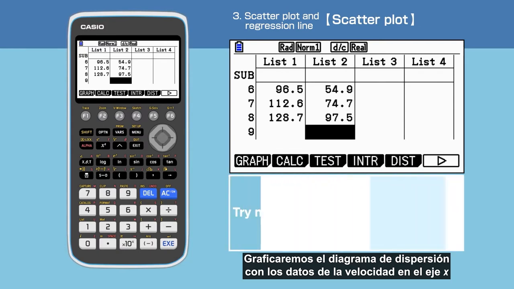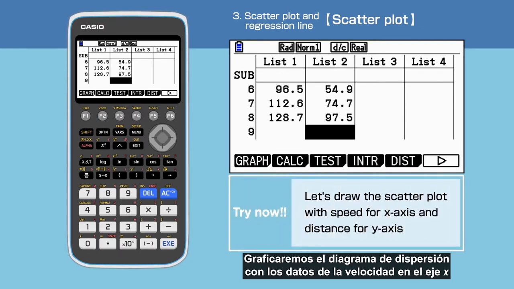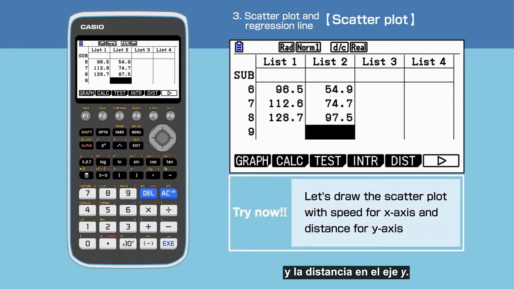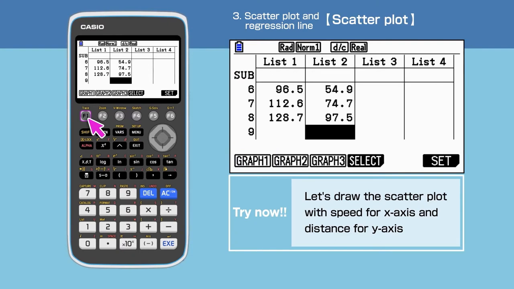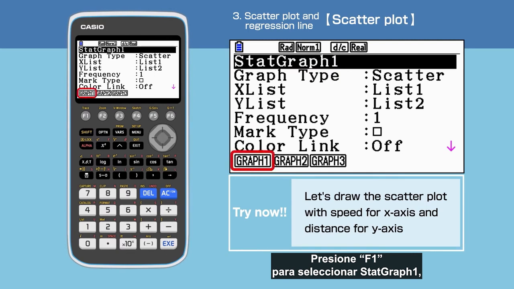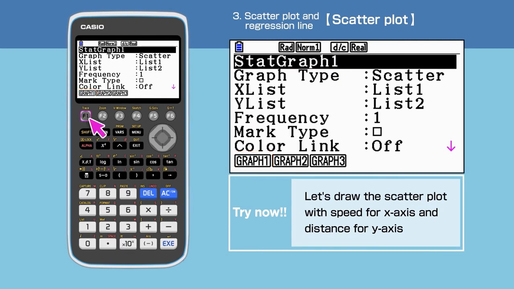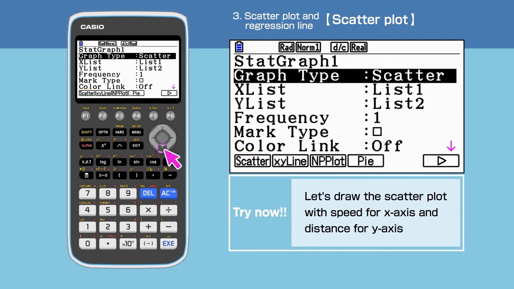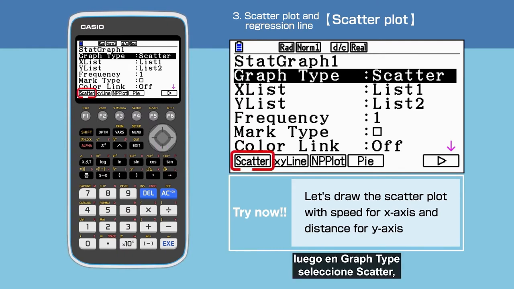We will draw the scatter plot with the speed for the x-axis and distance for the y-axis. Press F1 to select the Graph command, then F6 to set up. Press F1 to select Start Graph 1, then choose Graph Type Scatter,